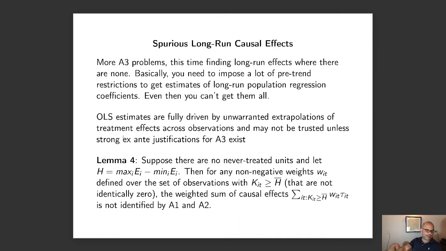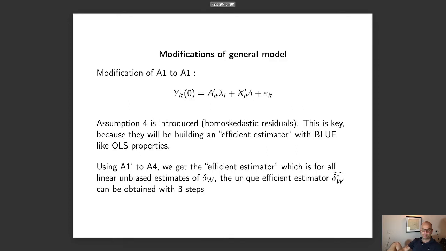So let's say you don't have any never treated units and you let H equal the max number of event states minus the min number of event states. There are then, for any non-negative weights, any positive weights, the weighted sum of causal effects is not identified. So you can't even get the coefficient. So what do they do? They're going to modify that parallel trends assumption,